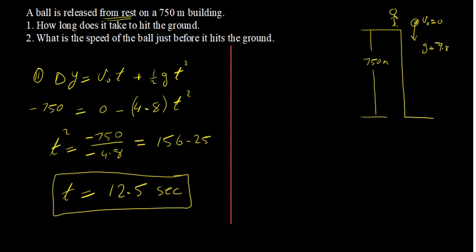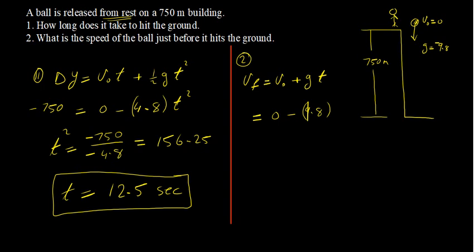and hits the ground. Okay, now for the second part, we are trying to find what is the speed of the ball just before it hits the ground, just that moment again. Now, it's looking for the v final, and I have the initial velocity plus gravity acceleration times the time, and I know how much is the time needed to cover all that distance. So here it's 0 minus 9.8